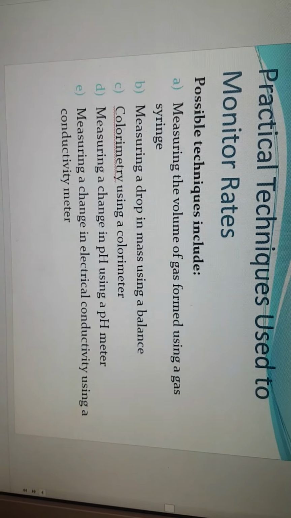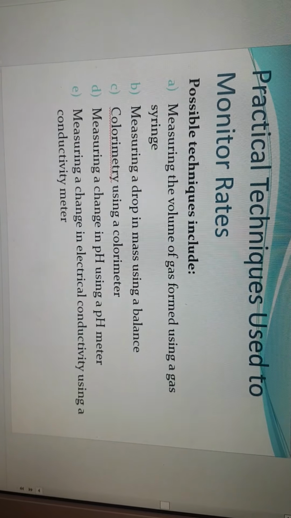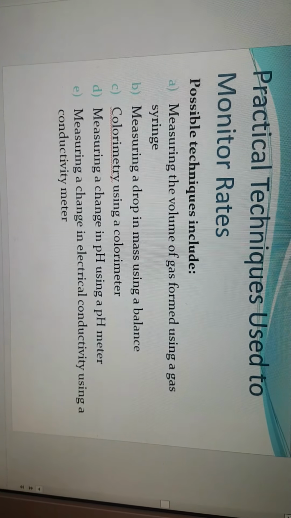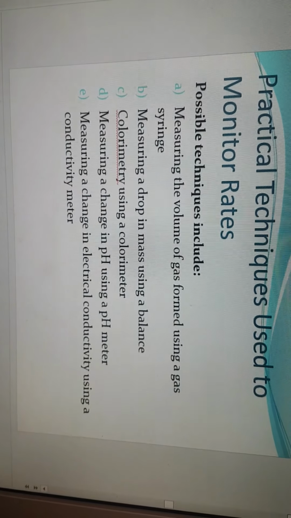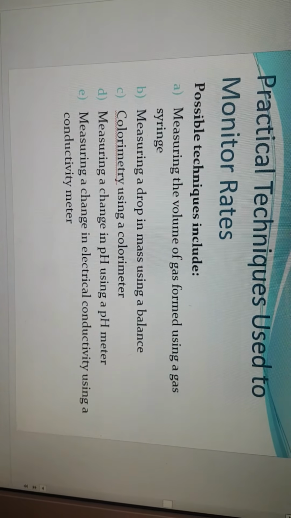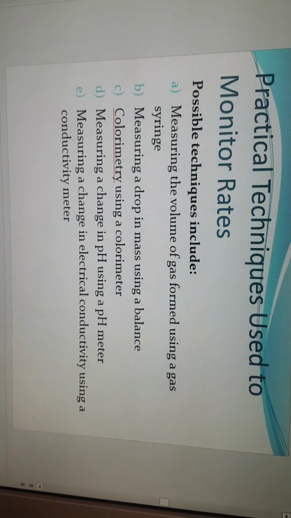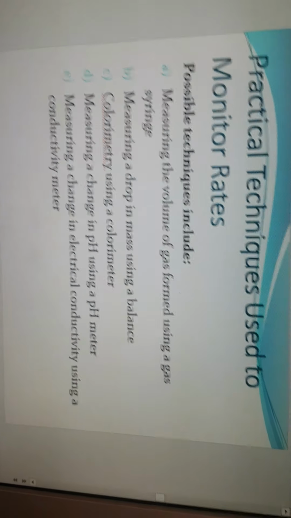You could, on the other hand, think, no, I'm going to go for the initial rates method, and I'm also going to use the technique of B, measuring a drop in mass, and I'm going to change the concentration of HCl each time, but I'm going to measure the change in mass after 10 seconds in each of the 4